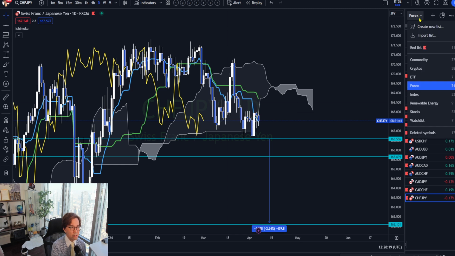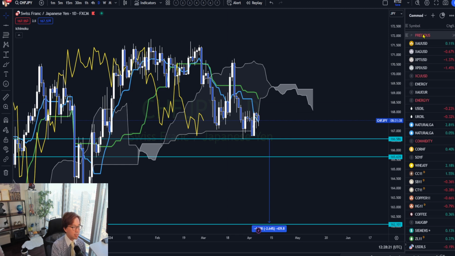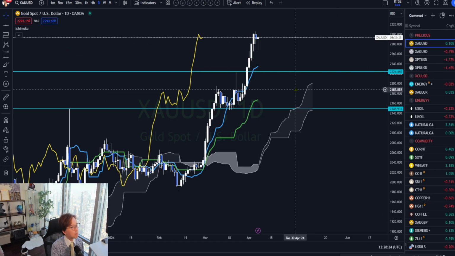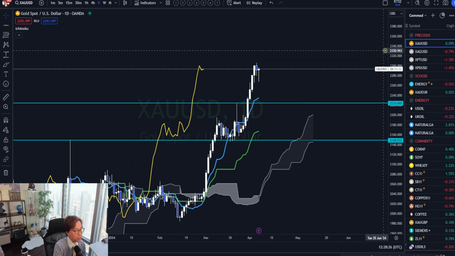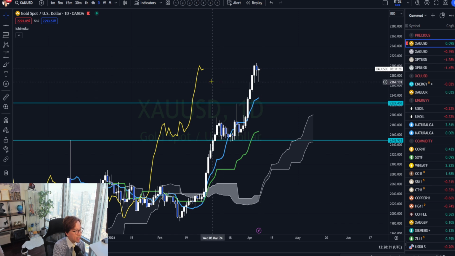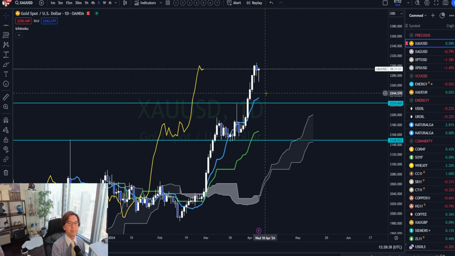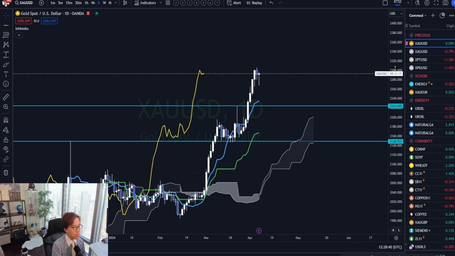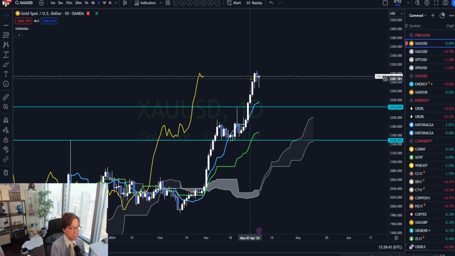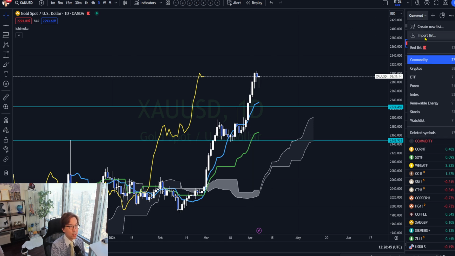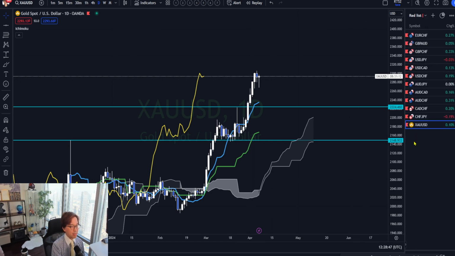Okay, and relating to the Forex pairs, gold can be affected by the news. So let me check gold. Gold is also bullish, so I mark red because the Kumo is up, Kijun Sen up, Tenkan Sen up, and Chikou span above candles. So at the news, the market may break the resistance and continue bullish. Right, so that's one thing also to monitor. That's XAU USD gold. So I will be monitoring these pairs in markets on the right side, as you can see in the TradingView.